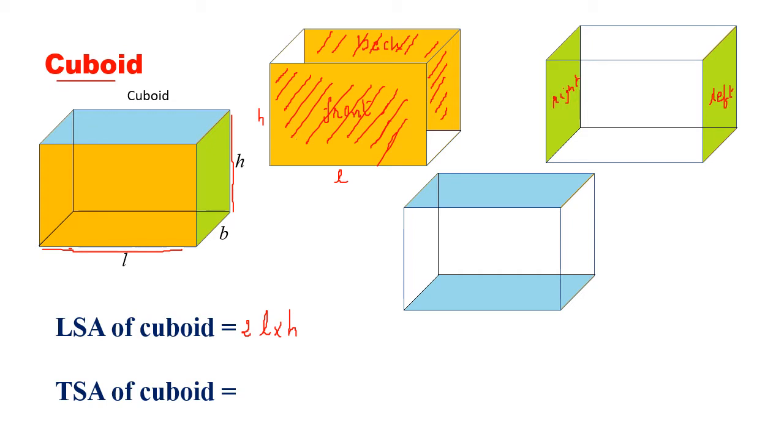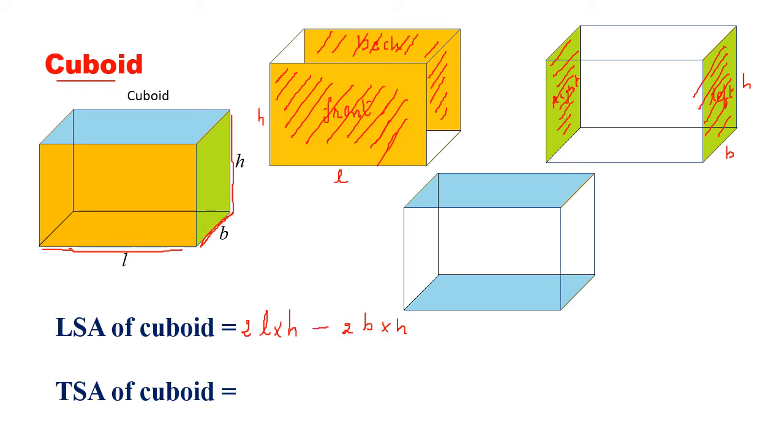This wall, the green color which is shown, has got a breadth B and the height h. So the wall on the right and the left, you can see this green area is given by B into h. But this area of the left wall and the right wall will mostly be equal if you are sitting in a cuboid room. So it becomes 2 times breadth into height.